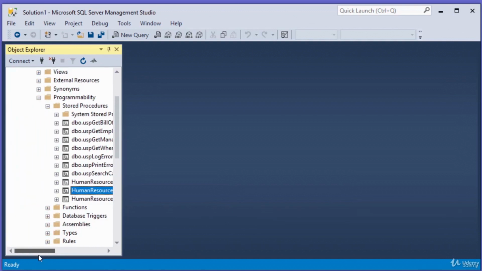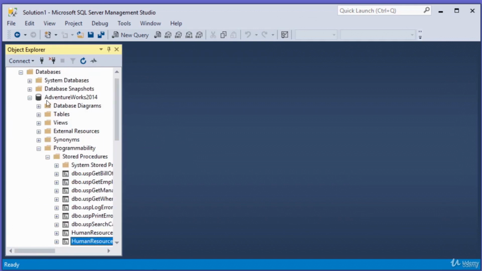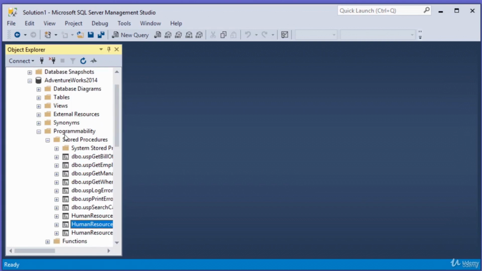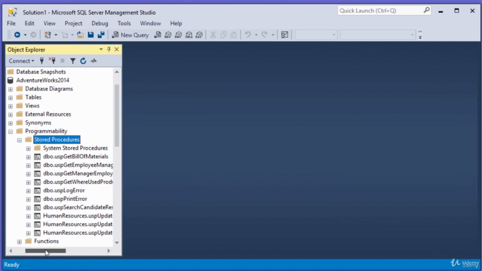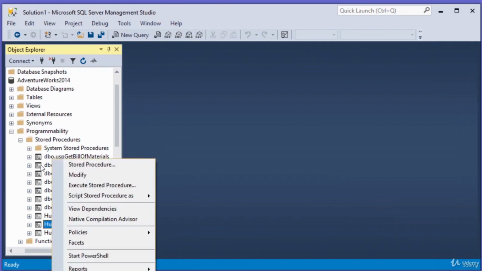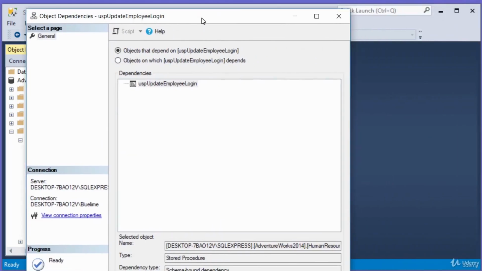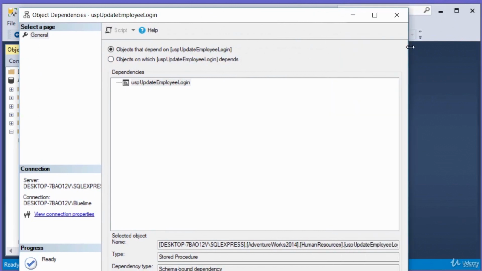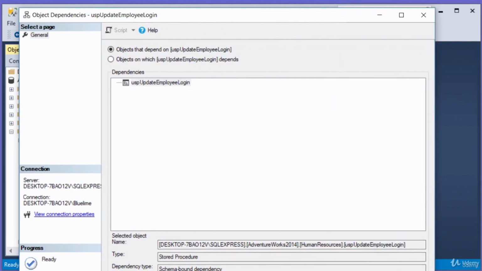Once you're connected, expand your databases. Make sure you've got AdventureWorks 2014. Expand that, and then expand Programmability, and then Stored Procedures. Under the stored procedures, we can just pick any. I'll right click on one of the ones we've created, and there is an option here to view dependencies. Click on that, and that will bring up this screen,